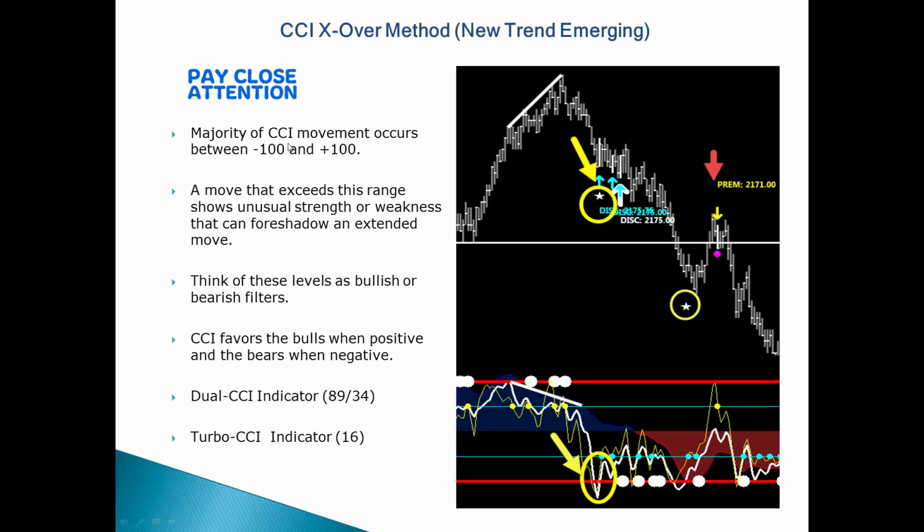So again, moves beyond the plus and minus 100 need to be noted, and then moves above or below the 200 levels as well need to be noted, especially on 200 extremes, because most new emerging directional moves generally happen when prices have moved to the 200 extreme levels. Not all of them, but a good portion of them. So at this point,